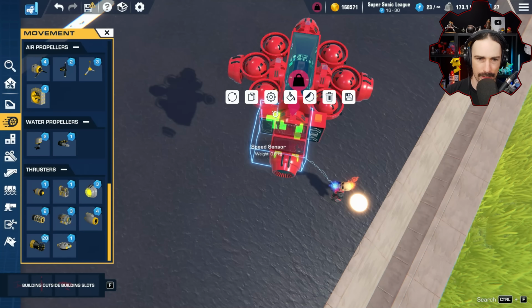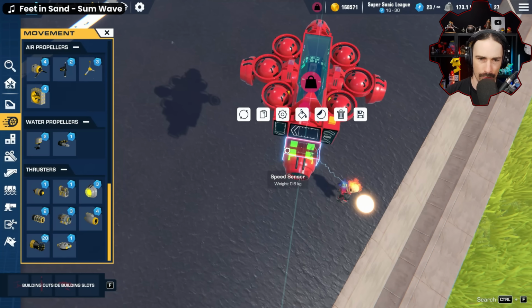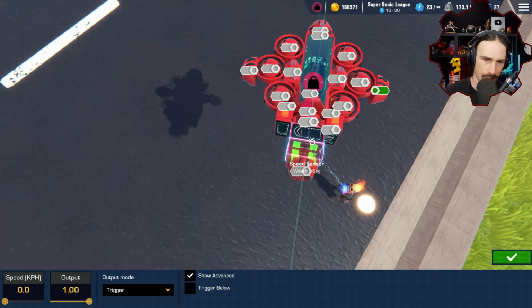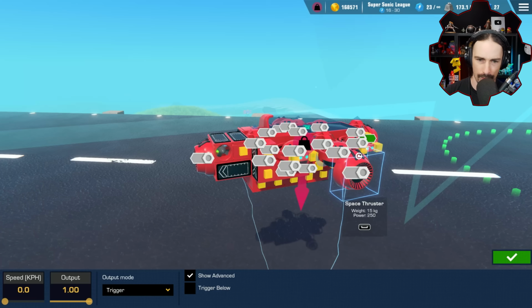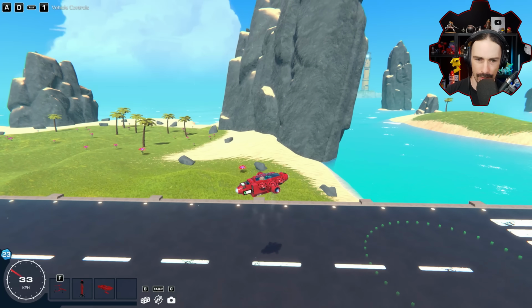If we detect any speed in the right direction, we trigger this. If we detect any speed in this direction, we trigger that. If we detect any speed in this direction, we trigger that. And if we detect any speed in this direction, we trigger that. All right, so now...